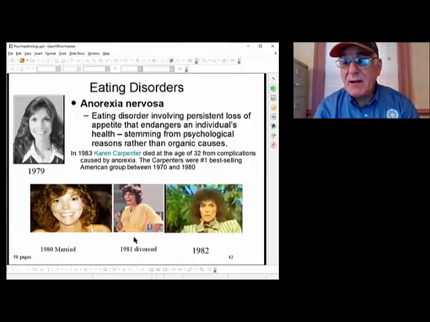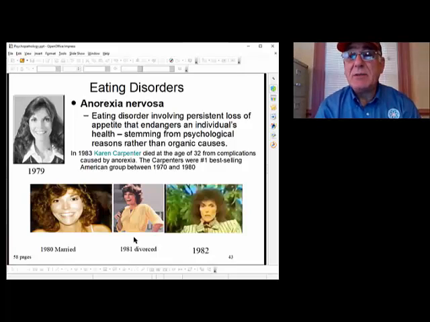And I'm going to stop here. I'm not going to go any further than this because I stopped here in the last class. I don't want to get too far outside of the two classes. So we will talk about eating disorders. We've already talked about Karen Carpenter, but I didn't show you any pictures really of her. These are the pictures of her. We'll talk about her and anorexia and bulimia when we come back on Thursday. Are there any questions about anything that I've covered today?